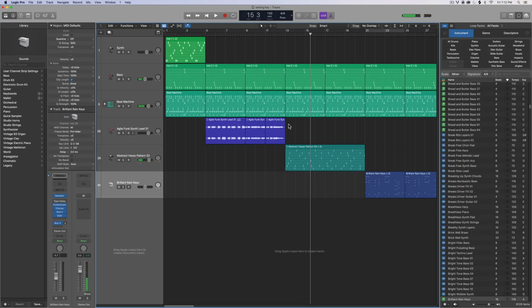So it's a little bit of a weird way of handling that, but it works. That's a way you can transpose your whole song up or down to the correct key fairly simply. I wish it was a little more straightforward than that, but it is what it is, at least in this version of Logic. So hopefully this video helps you guys out to keep your loops and step sequences in key,